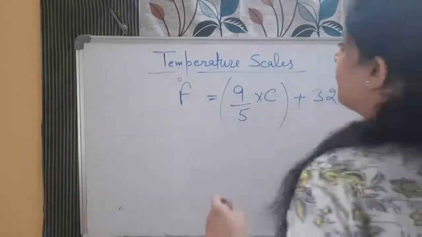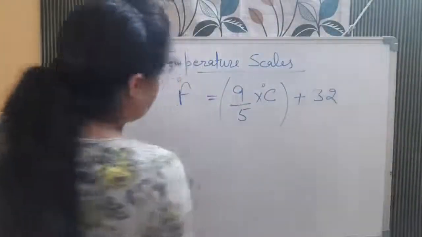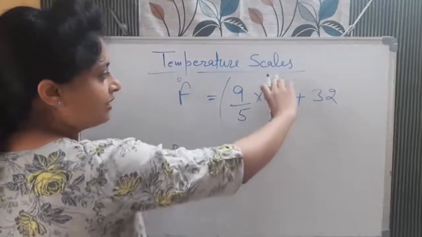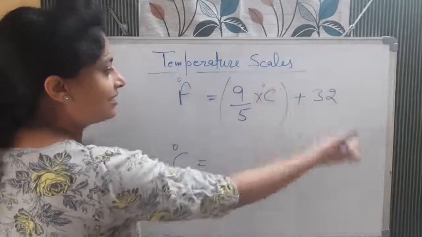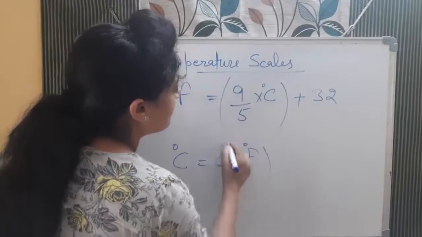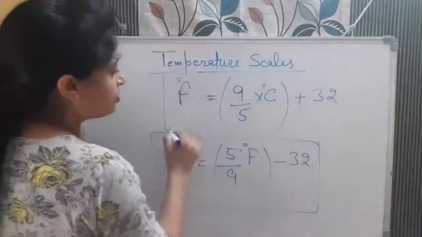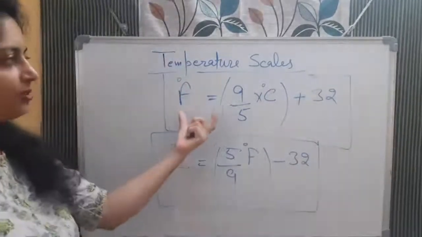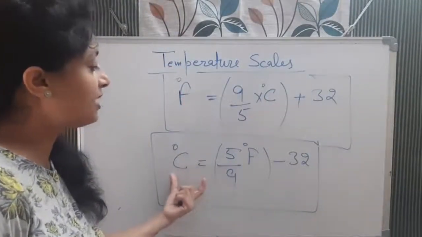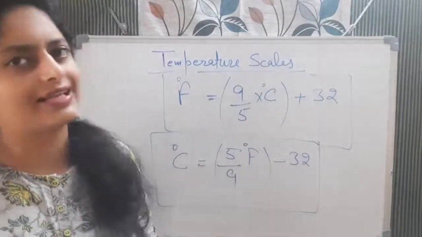This is the formula when anything is given to you in degrees Celsius and you want to convert it into Fahrenheit. But if anything is given to you in Fahrenheit and you want to find it in Celsius, what will you do? Take Celsius on the left side, and take the other things to the other side. So it will be 5 by 9 into (degree Fahrenheit minus 32). This is the formula when temperature is given in Celsius and you want to convert it into Fahrenheit, and this is the formula when temperature is given in Fahrenheit and you want to convert it into degrees Celsius. Any temperature you can take and convert.